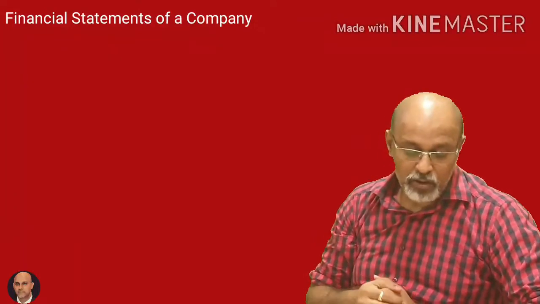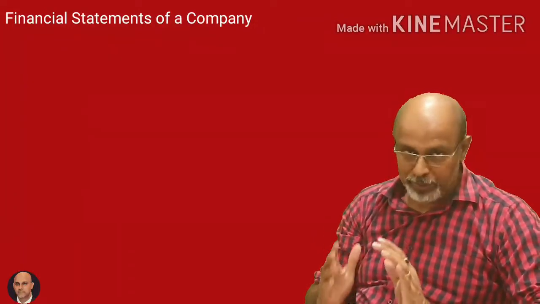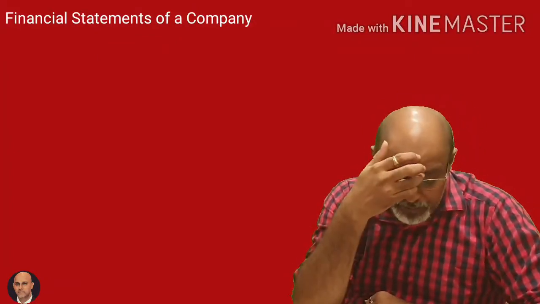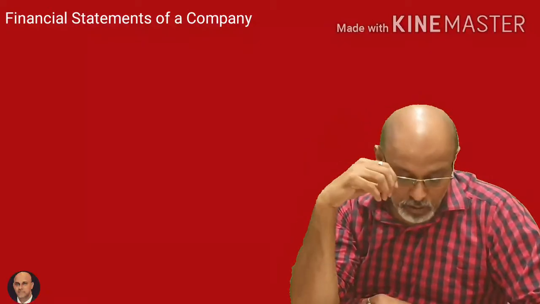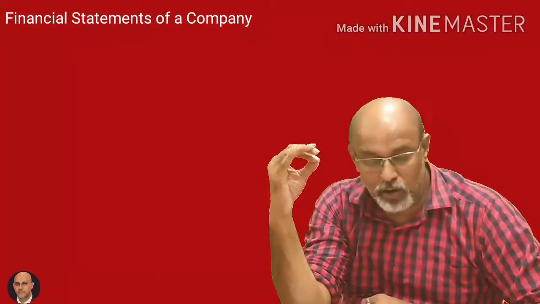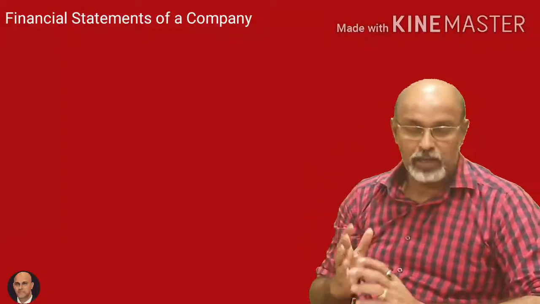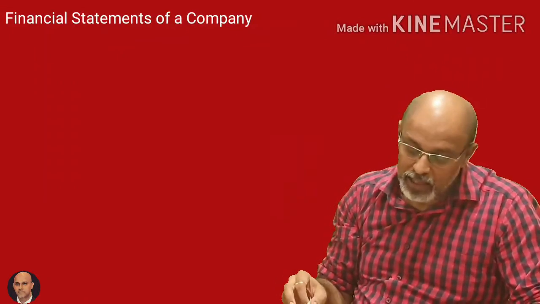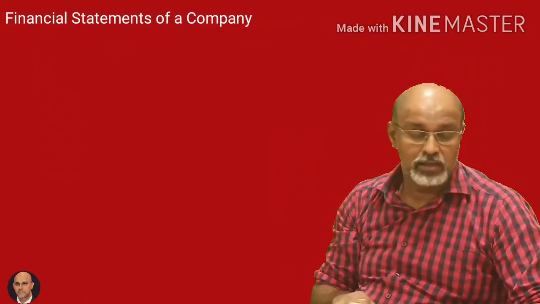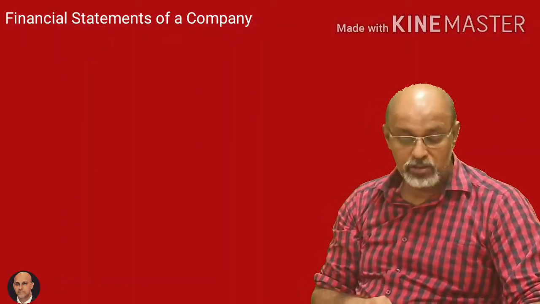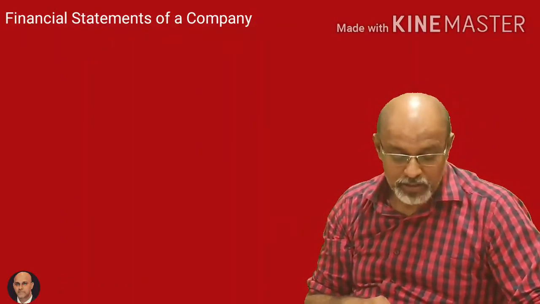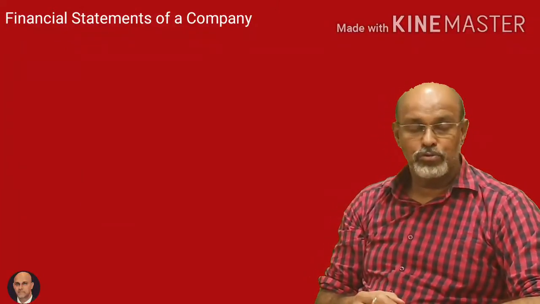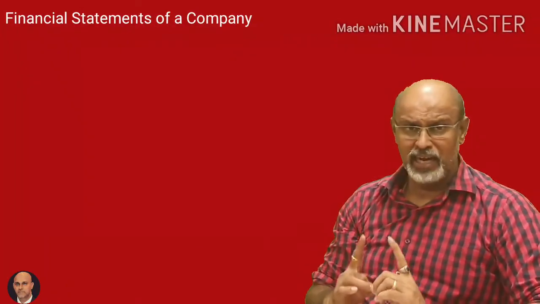Now when we talk about purchases of stock in trade, it would only be related to stock in trade. And changes in inventory would basically be the difference between the opening and the closing stock of finished goods. These items which we dealt with in expenses, that is cost of materials consumed, purchases of stock in trade, and changes in inventory, are going to come again and again. Please go through these items very thoroughly